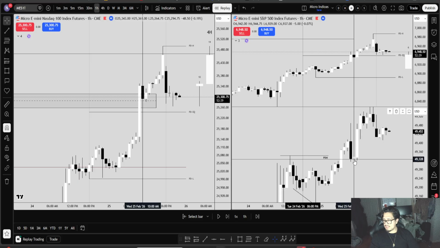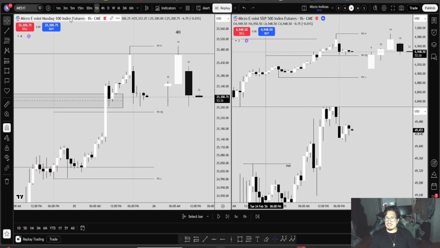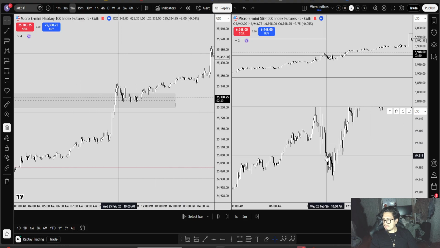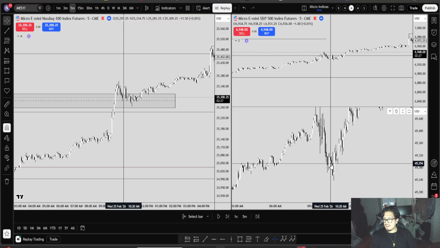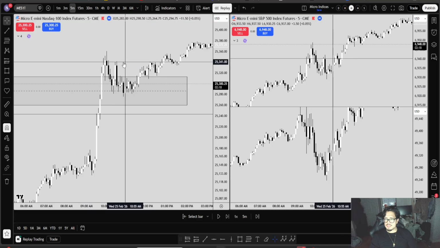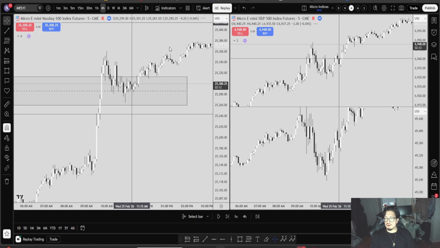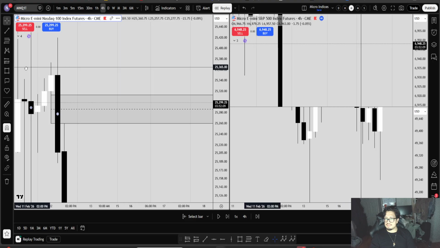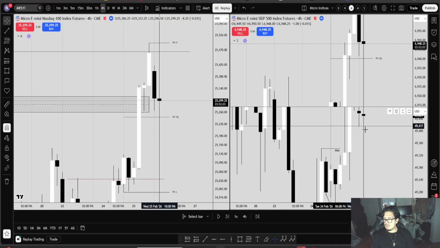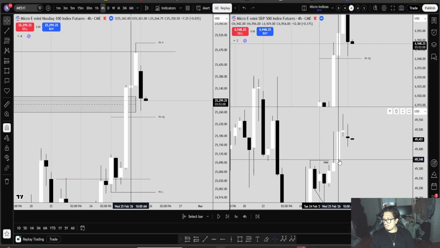I was patiently waiting here for 10 o'clock. You can see at 10 o'clock, if we go into the smaller time frames, we kept expanding lower here. And then, as you can see, once we expanded much lower, NQ and ES started to change in state, right? You can see how we opened up at 10 o'clock, and 10 o'clock formed another SMT with its 4-hour current high, right? You can see here, we formed an SMT at the highs, while YM's current 10 a.m. candle was at the very bottom at the current time.